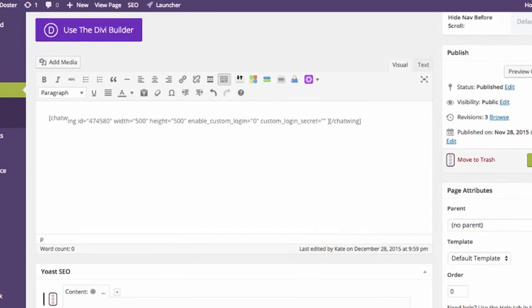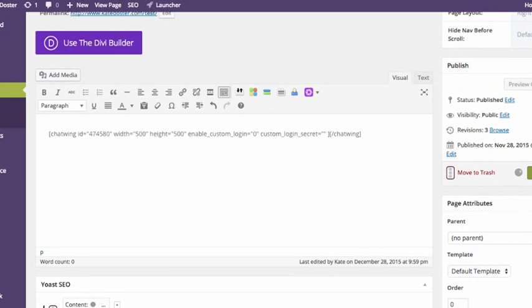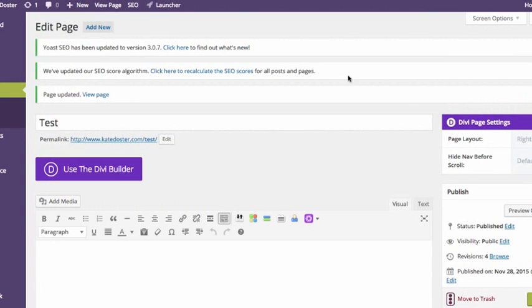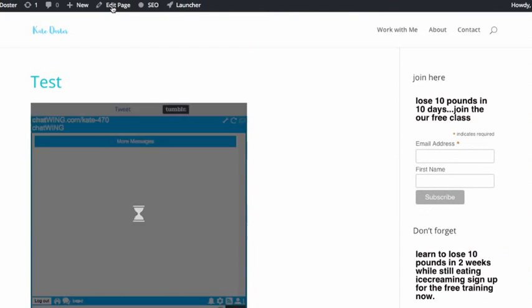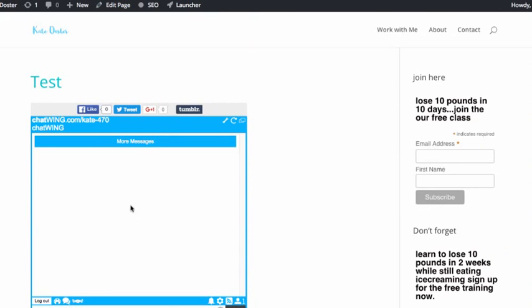So what you want to do is hit update. It might take a couple minutes, and then go ahead and view your page. And see, there is the chat box. Now, if you had your Google Hangout, of course, you would want to put that code up on top of the chat wing, but see, people can go. I have been informed that some people don't get as much interaction on this because you have to sign in with Facebook or Twitter, but just tell your